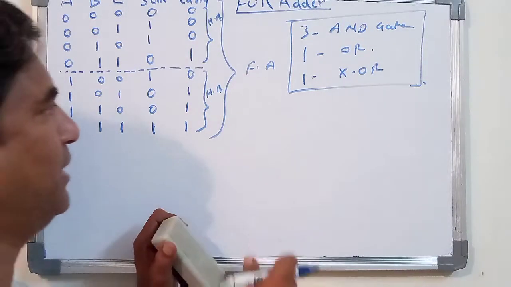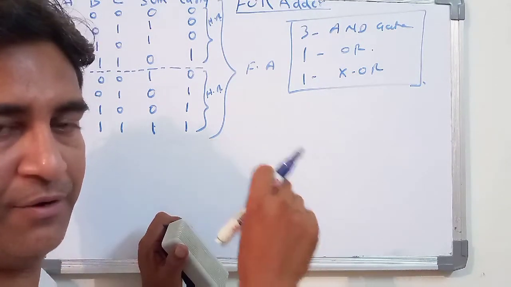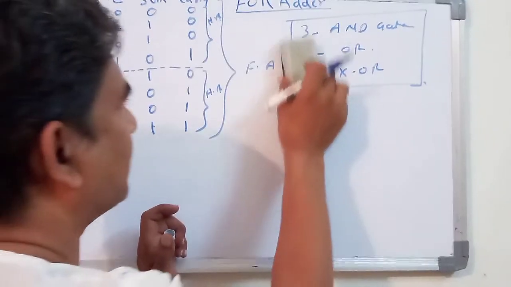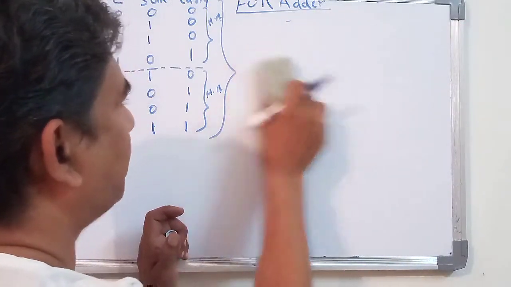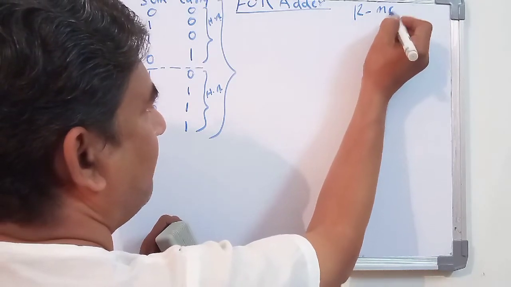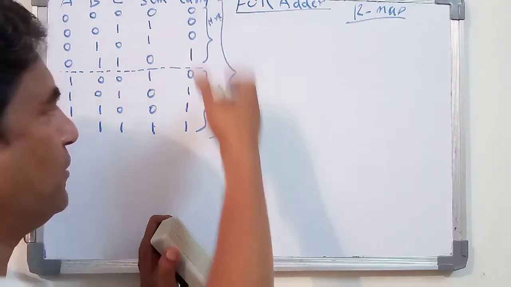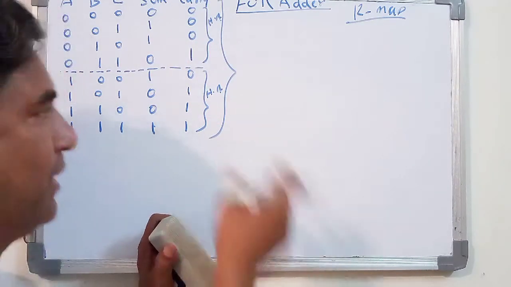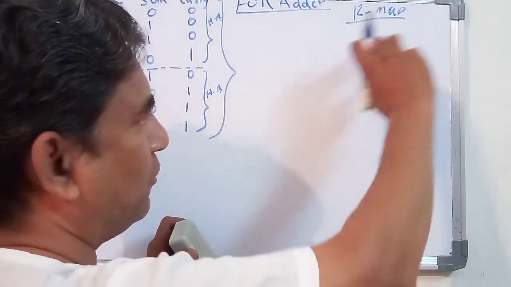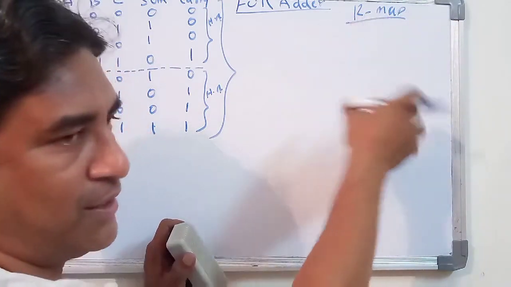But before designing that logic diagram, you should be able to find the logical equations for the sum and the carry. For this, as I told you previously, we use the K-map. From this K-map, it is very simple to get the logical equation. Now you have the variables A, B, C. Either you may put them row wise or column wise. It is nothing but the representation in rows and columns.